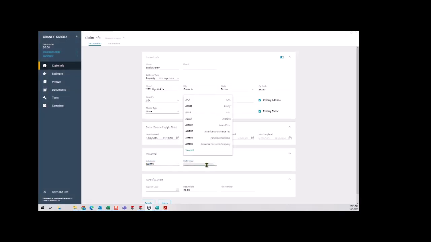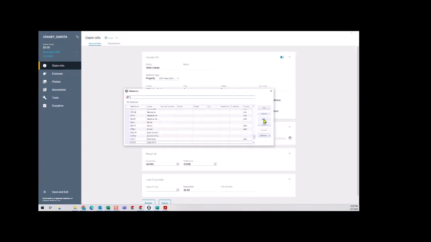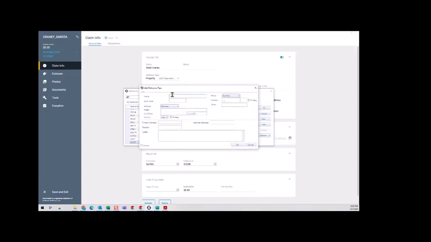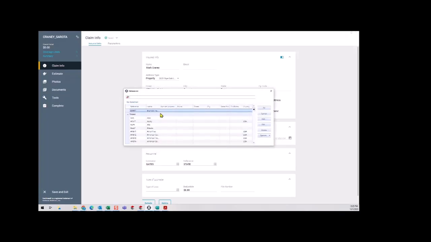Here we do the insurance company if we have it. It's not essential. Let's say it's State Farm. I just start entering letters. If it's in there, it'll come up. If not, just like you did before, you have to add a new one. If you have to add one, you put in the name. And that's all I care about is the name and the quick code, okay? And in that case,